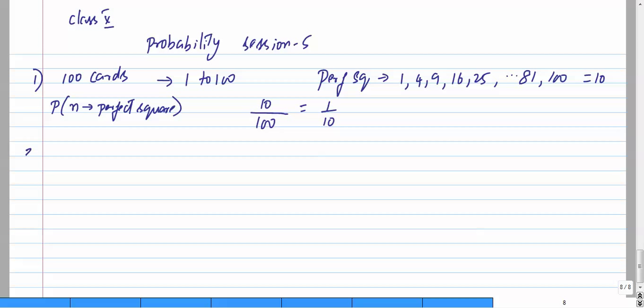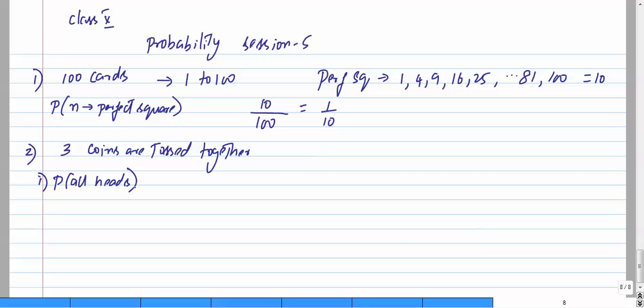Let's take another case. 3 identical coins are tossed together. What is the probability of getting all heads? We have studied before that the total outcomes are 2 power n. If I have n coins, and now I have 3 coins, the total outcomes are 2 power 3, that is